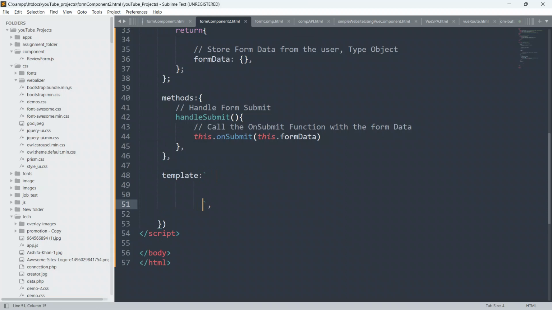Suppose you want to fetch something using an external API, then also you have to define each and everything inside the template if you are working with components in Vue.js. This template can handle the form data as well. Suppose you want to fetch something or display something dynamically to the user, then also you have to write your logic, you have to write your algorithm inside the template only if you are working with components inside Vue.js.